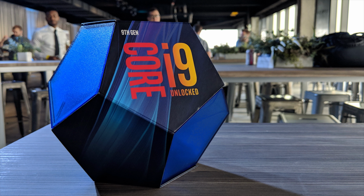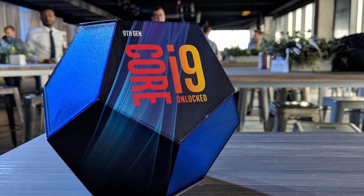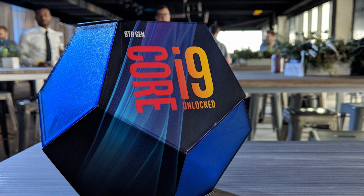So starting off with the specs of both of these chips, the i9-9900K comes with 8 cores and 16 threads with a base clock of 3.6 GHz and a max turbo frequency for 1 or 2 cores of up to 5 GHz, and then a turbo frequency for up to 4 cores of up to 4.8 GHz, and an all-core boost of up to 4.7 GHz, which is really impressive. And for most people, they will be able to get it up to 4.8, 4.9, or maybe even 5 GHz